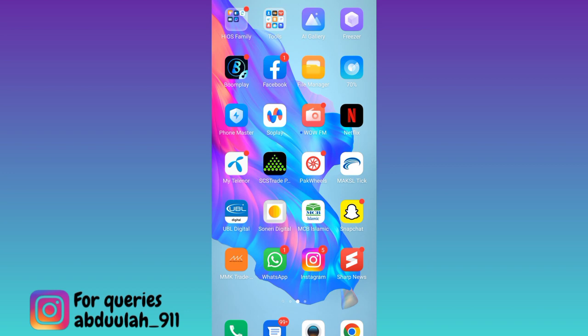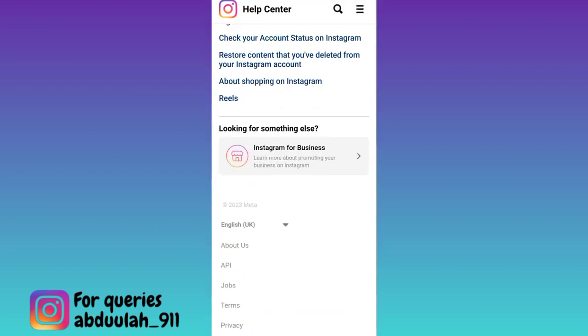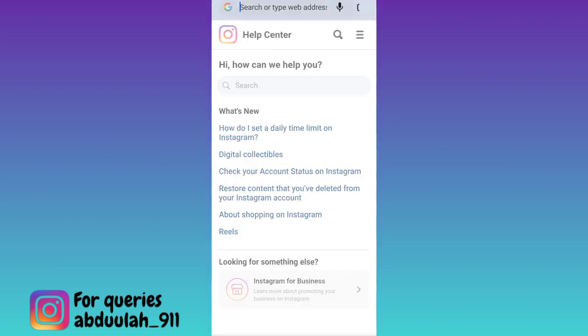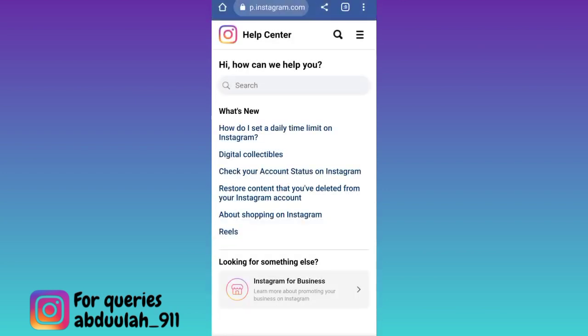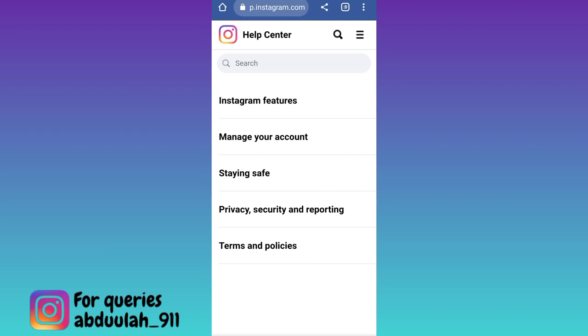So if you have deleted your Instagram account and 30 days have passed by, then it means that your Instagram account is now permanently deleted. So in order to recover such an account, open your internet browser and in the search bar type instagram.com/support. Click on search. Click on these three horizontal lines at the top right corner and then go to manage